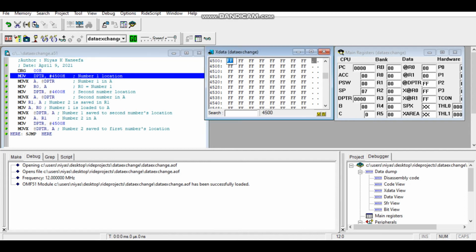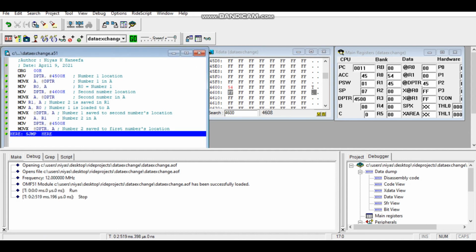Then go to the location 4500, give the number 54, and press enter. Then go to the location 4600, give 45, and enter. Now you run the program either line by line, which I have explained in our GMeet, or you press go, stop it, then see the locations.